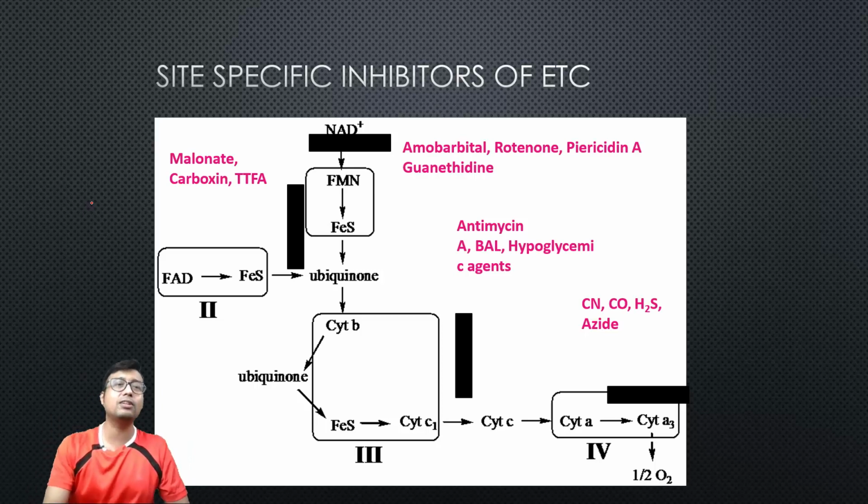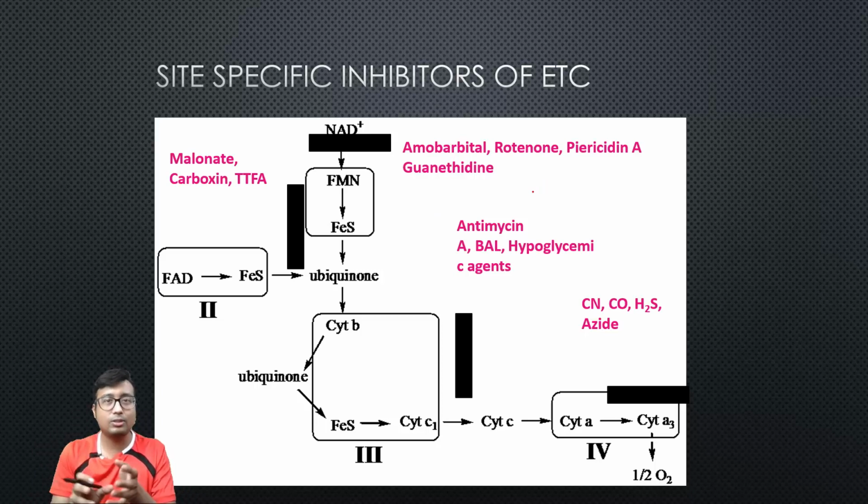So, in this video, we will start with the inhibitors of the electron transport chain. This can come as a long question in which you need to give this entire diagram and all these names. Or it may come as a short note, suppose on complex 1, where you need to write the parts of that complex, the reactions, as well as the inhibitors. Apart from that, this is one of the examiner's favorite questions in viva, because it is easy and most students can answer it.